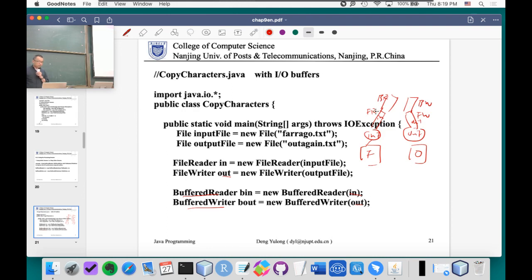So now we got the new type of pipe. That's the pipe we have, a stream. So this pipe